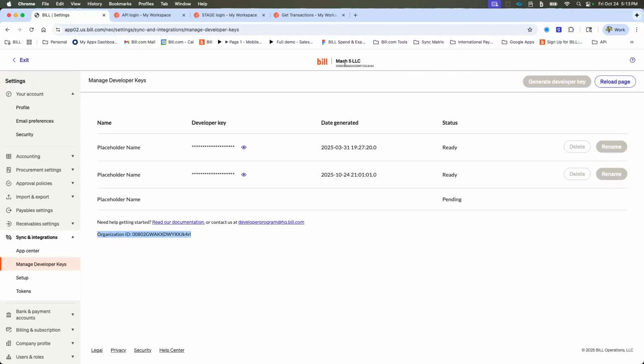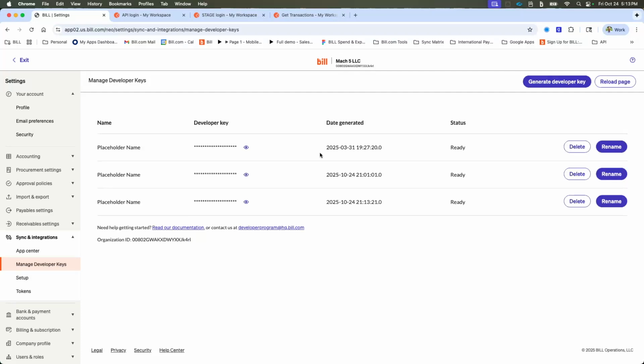So I'm logged in to Mach 5, as well. If I hover over that, it'll show the org ID. So each Bill.com account will have an organization ID. We're going to talk about that here in just a second, as one dev key can work with multiple org IDs. So now that I have my dev key, I'll be able to view that when I click on the